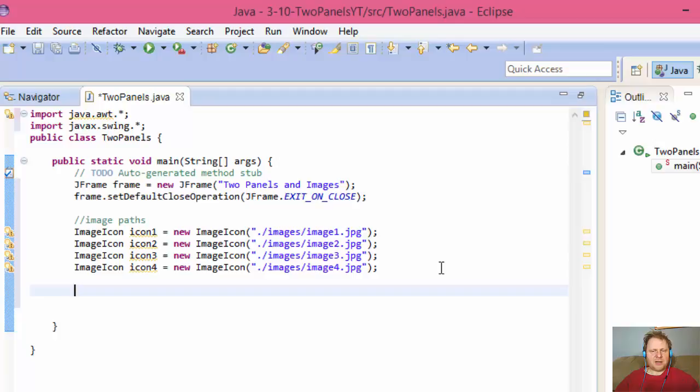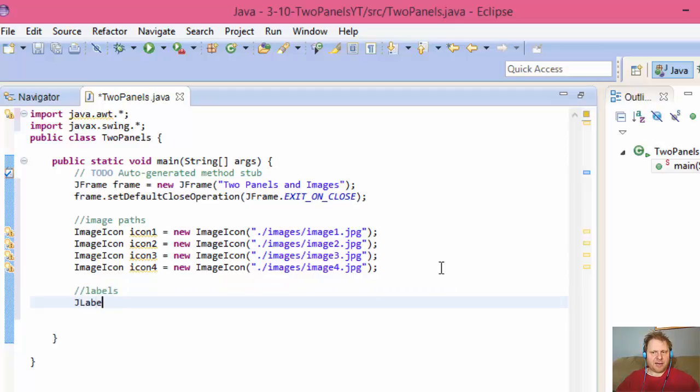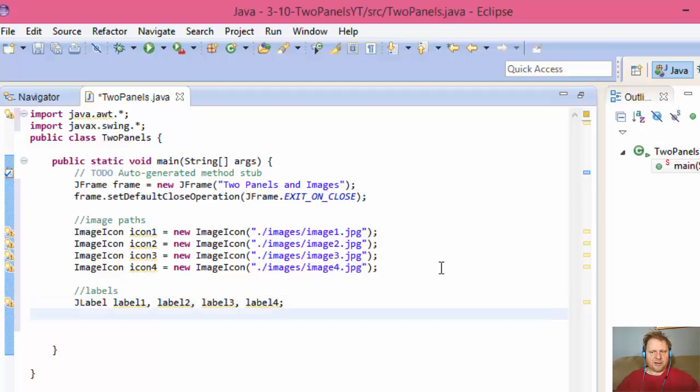Now let's do the labels. So JLabel objects, and we will have four labels, one for each image. So label1, label2, label3, and label4. This is where the images will be displayed. Right, so our label1 will be the first image. This is new JLabel, and we will do